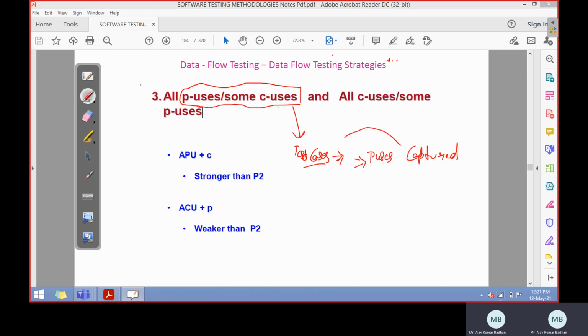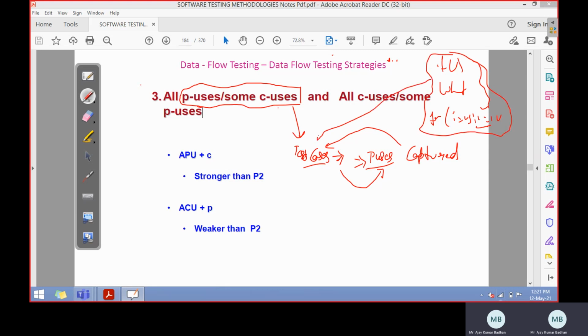Predicate uses means wherever you get branching statements like conditional statements, like a for loop where you write i equal to 1, i less than or equal to, so you're testing here. Such statements, while statements, if else statements, all these kinds of functionalities wherever you use them within the program, should be covered using these test cases.